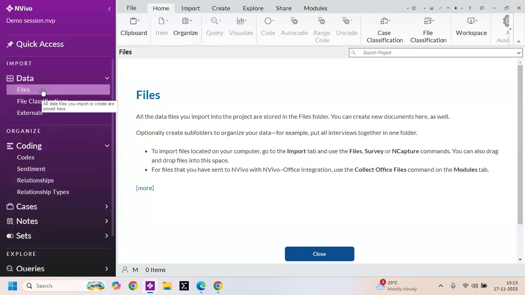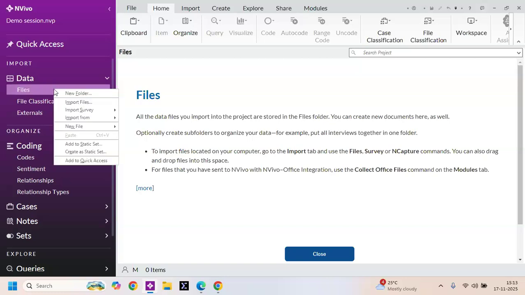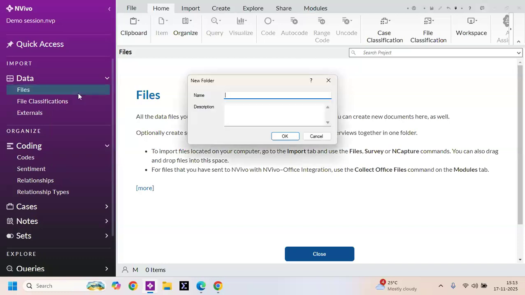First of all, to import the data files in this software, I have to create folders. After we create a folder, then we can import the data files. So to create the folder, I have to right click on the files section, and after that, I get the option new folder. I am clicking on new folder, and it is asking me for the name of the folder. So I give the name as